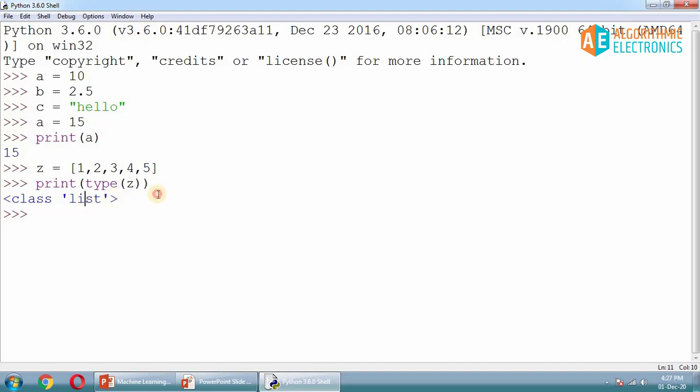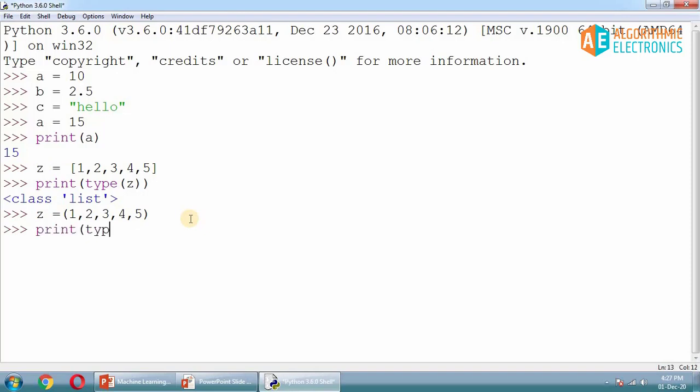Now when I talk about list, it holds multiple values, it can even have a single value, or the list can even be empty. But still, if something is written inside the square brackets, that becomes a list in Python. And if I try the same thing like this, 1, 2, 3, 4, 5, now we'll say both the things are the same. This z is equal to this thing and z is equal to this thing, both are the same.